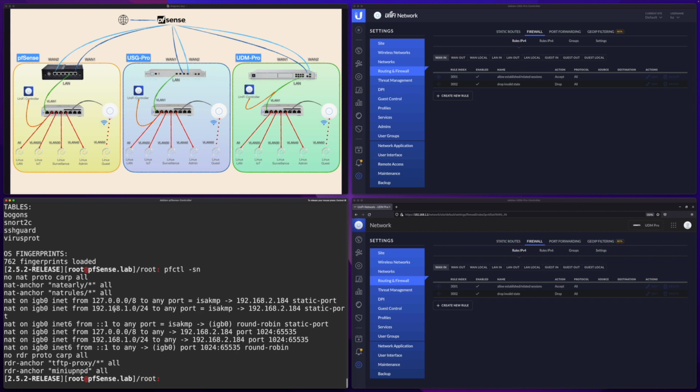Even though maybe it's the first time you see them, just by reading them, you may guess where they come from. For example, some of them come from the default allow any to any rule on one interface. Some of them come from the Anti-Lockout Rule, which is automatically generated by pfSense. You don't really need to understand this part as long as you know, okay, there's such a thing, and what you set on the UI is not really what's internally